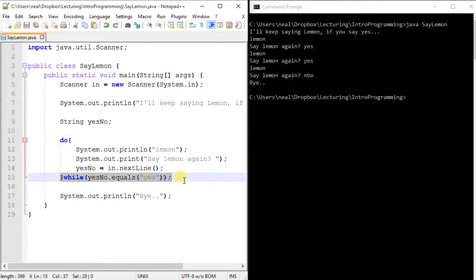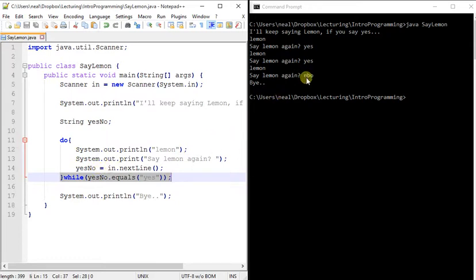It's just much more obvious from the code, and it's often the case that you end up using do loops when you're doing validation of data input, when you're basically checking to see whether a user has typed the right thing. We're going to move on to look at a slightly more complicated example of that next here, because one